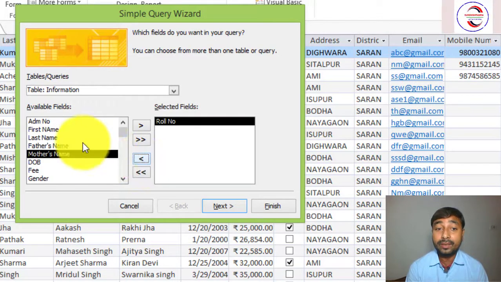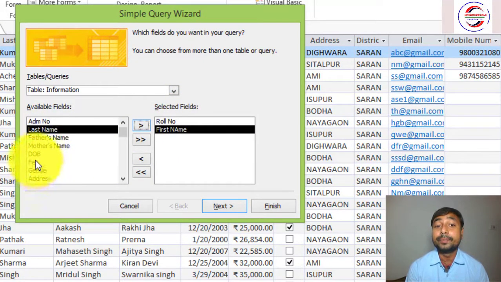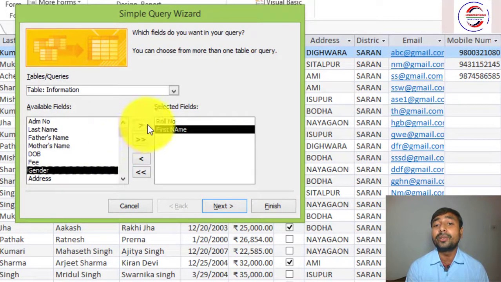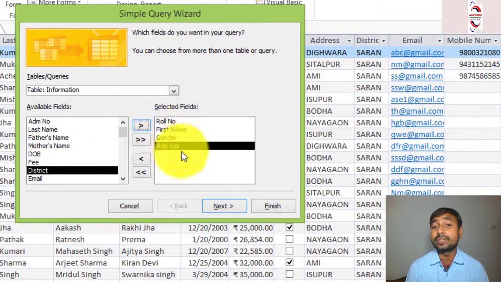This question will also be there in your exam, how to remove any field from the simple query wizard. Now I have taken roll number, I want first name and their gender. Suppose that I want to check which gender they are and which address they belong to. So these four fields I want in my query: roll number, first name, gender and address.